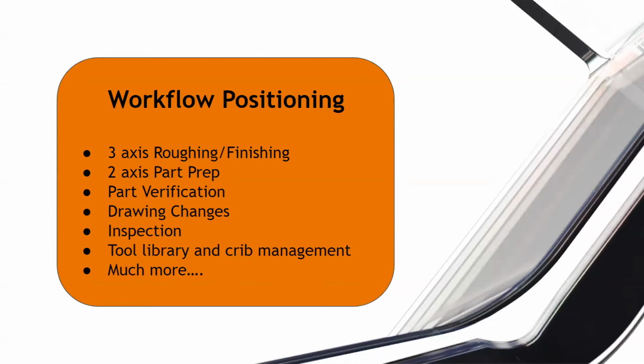Let's just say we went around it and we programmed everything around it, but we forgot to program the boss, right? And as simple and silly as that may seem, it does happen. So giving that extra piece of insurance, to program an inspection feature to make sure that the boss is actually machined before we take the part out, can save you a ton of time and a ton of headache. Oh my God, we missed the feature. I have to put this part back in just after I machined it, right? So that's another situation where Fusion 360 can become a really cool tool,